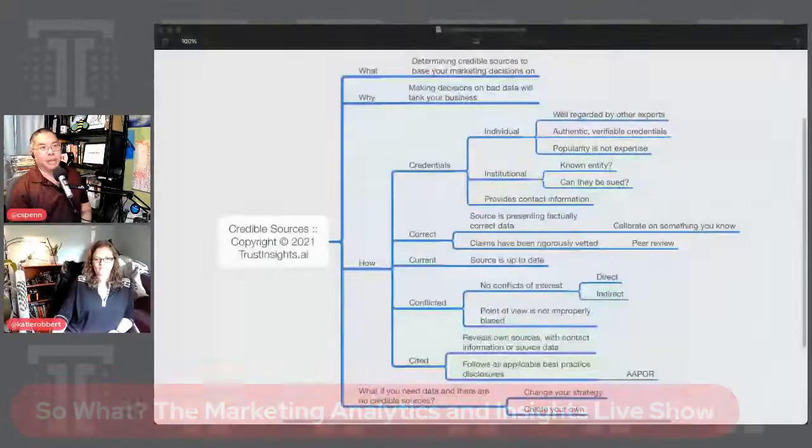Certainly in the last 16 months, we've all had a chance to evaluate new information and try to decide, can we believe it? There's no shortage of people who are sharing really bad information, particularly around the pandemic. And there's no shortage of people who are sharing really good information too. I was giving some thought to this as we were getting ready for this show, and I came up with a short list of about 5 things that I know I do personally, and I'd love to have you weigh in on them.